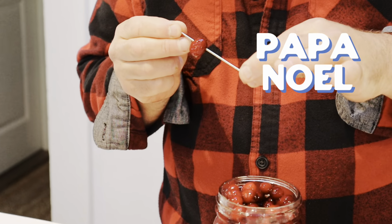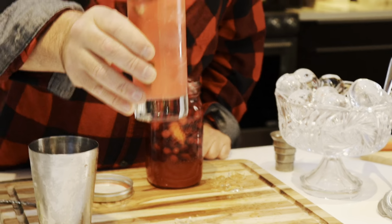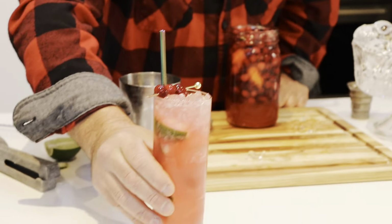Why Papa Noel? That is Latin for Santa Claus, and my kid came home and he said that to me and it melted my heart. So I made a cocktail about it. So we're gonna start this cocktail